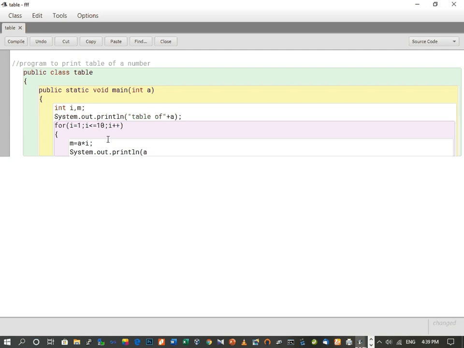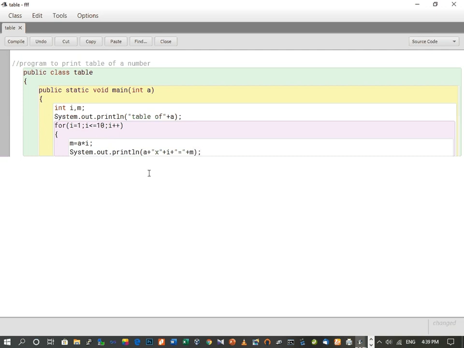So a, then into sign, plus, here also we'll have to provide one plus, i's value is also changing, so we write down i, plus equal to sign, and then plus m.